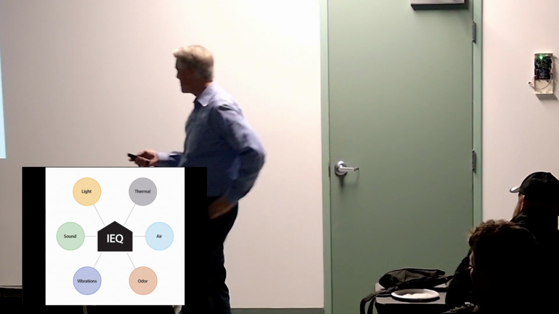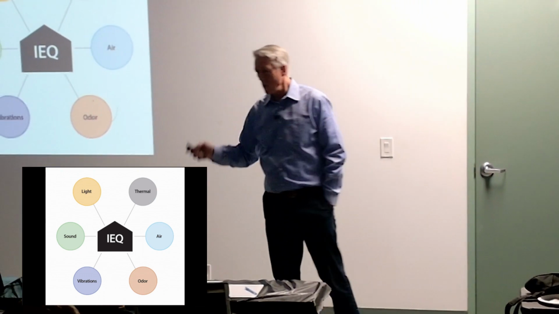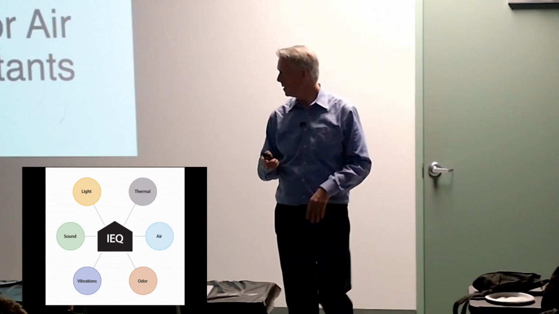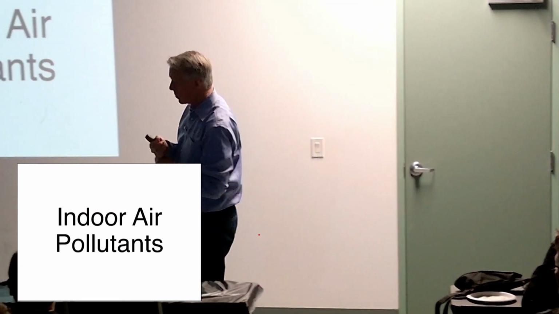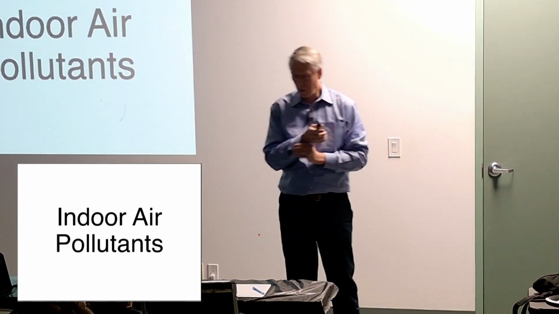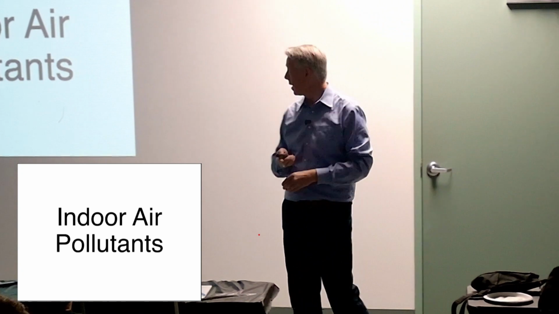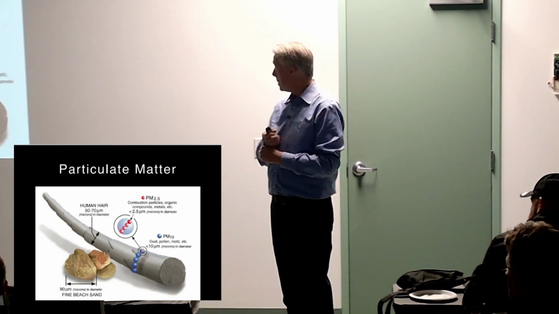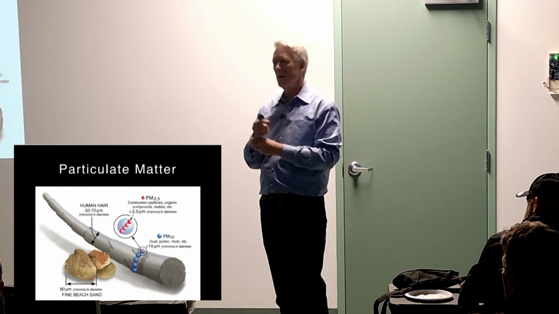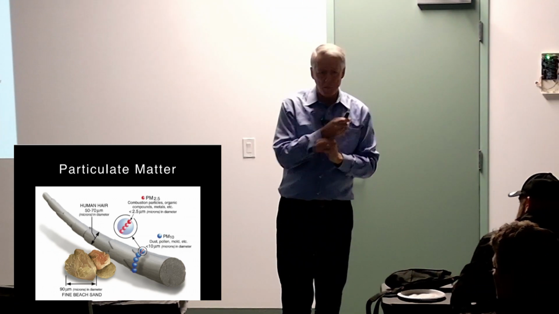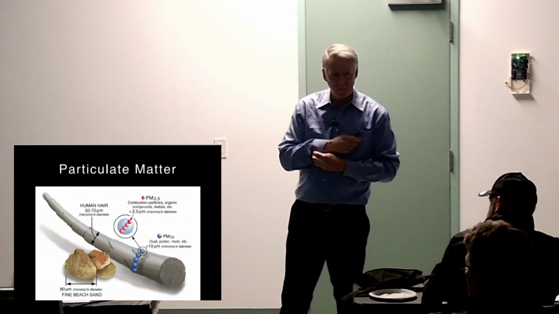All right. Anyway, this is indoor environmental quality, a bunch of different things we need to know to have good buildings. So let's focus on the air part and talk about indoor air quality and indoor air pollutants first. So there's a bunch of different indoor air pollutants we want to be careful with. Number one, particulate. Well, these aren't really in any particular order, but particulate matter is a really important one,